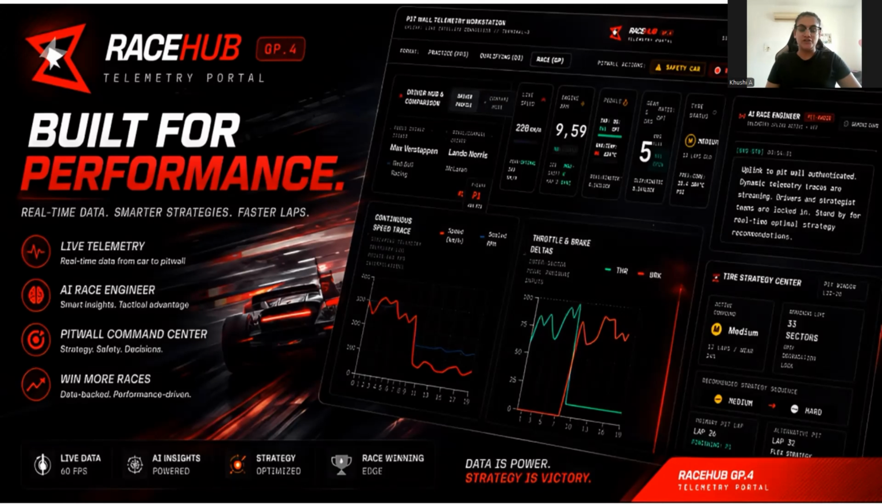Imagine you're a race engineer for a Formula One team. Your driver is approaching the pit lane at over 300 kilometers an hour. Tires are degrading, fuel is dropping, and the safety car has just been deployed. You have only seconds to make the right decision. That's the challenge behind RaceHub, an AI powered race engineer built with Gemini that transforms live telemetry into fast, grounded